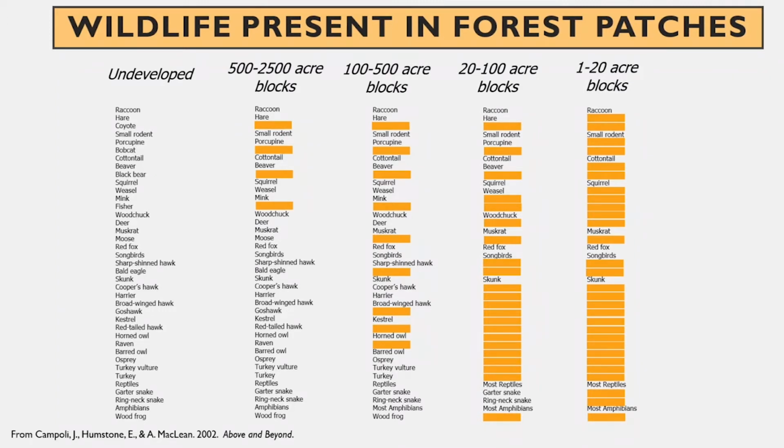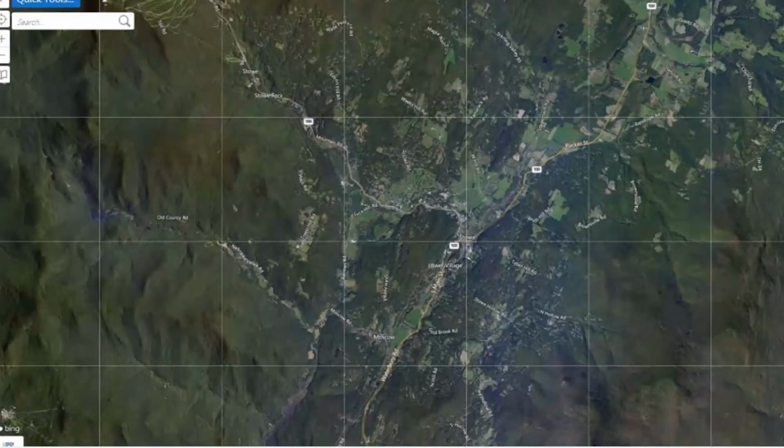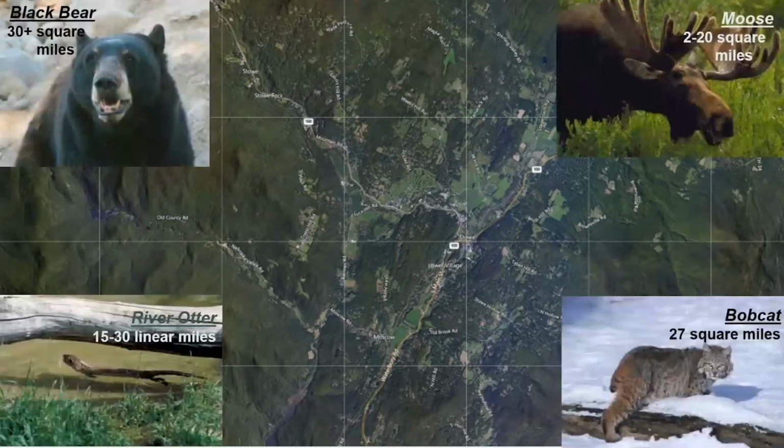So let's take a look at that area we were just looking at a few slides ago. That's this block down here. And so now we've zoomed out to the greater Stowe area. And think about your favorite charismatic wildlife species, whether that's bear, moose, otter, or bobcat, or take your pick. And think about how is it that these species are going to move across this landscape. The reality is it's fragmented here. And so these species are going to need to do that habitat hopscotch to get from one side of the